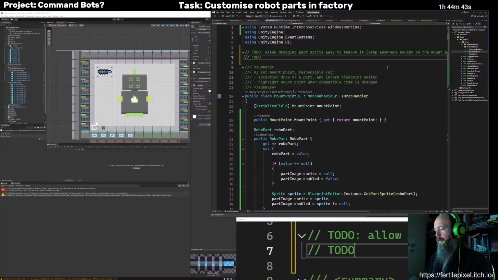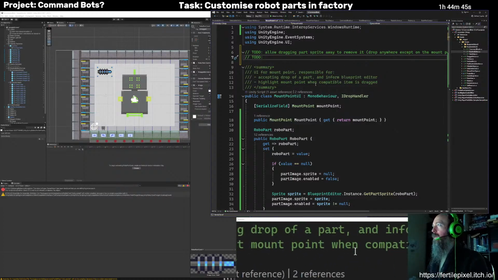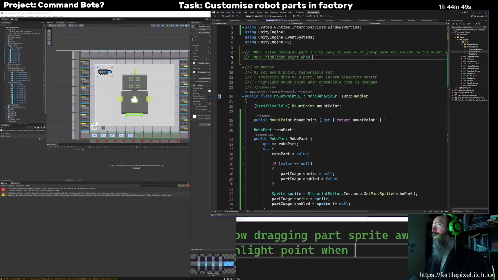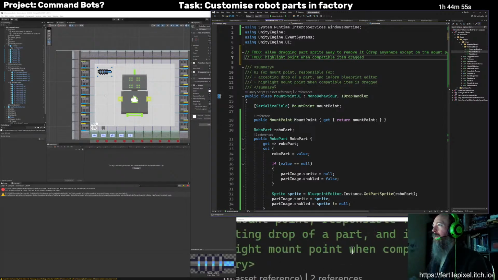And this part, highlight the point. Because I haven't done that yet.